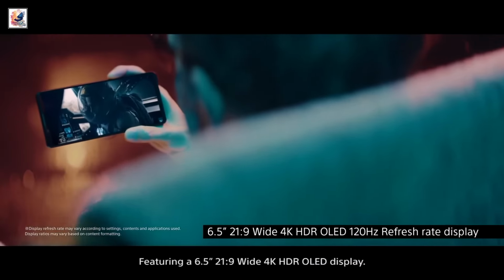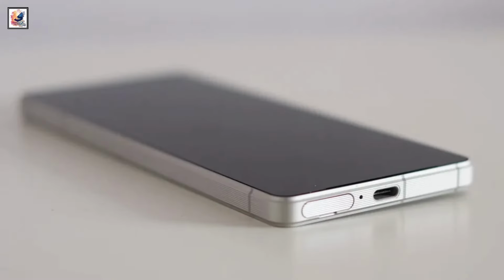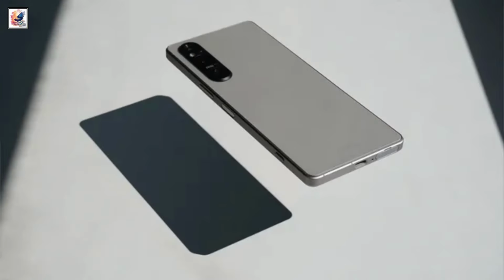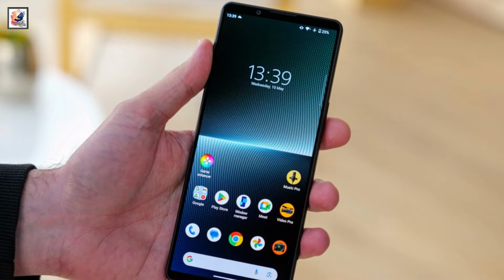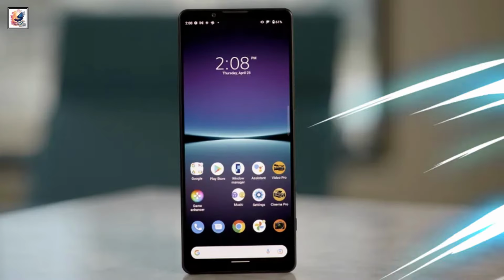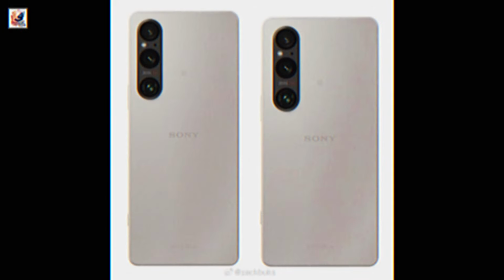16GB of RAM. All versions of the Sony Xperia 1V have 12GB, so the top model could have 4GB of extra RAM this year. Finally, according to a leaker posting on Weibo, a Chinese social media platform, the Sony Xperia 1.6 will have a 6.9-inch screen, up from 6.5 inches on the Xperia 1V. This is a surprising claim, as due to the expected 21:9 aspect ratio with a 2K resolution, that could make